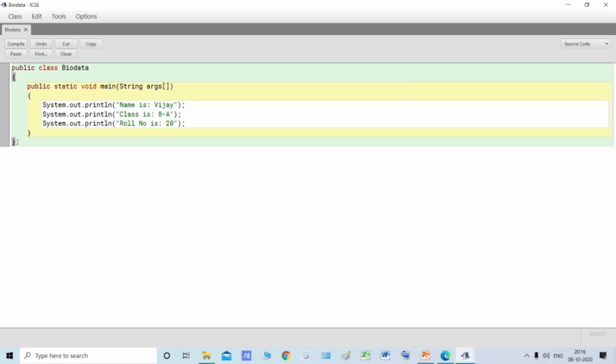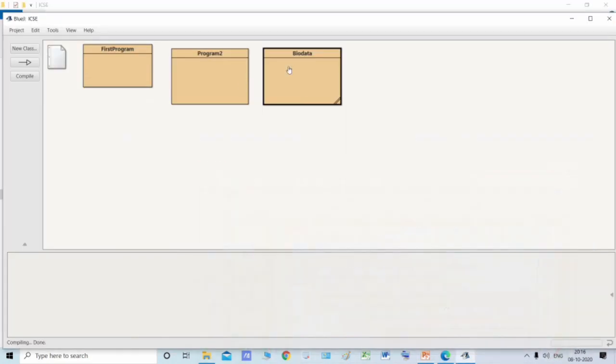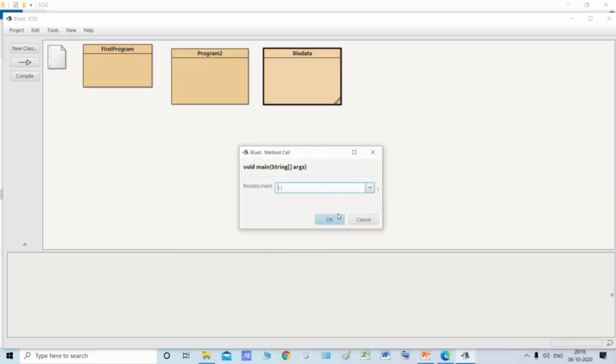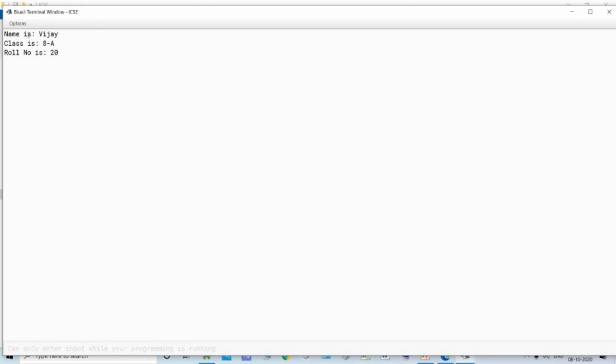Now we just need to close the main method and close the class. This is the corresponding brace for closing, this is for closing the main method, and this is for opening the main method, and closing the class. So now the program is done. Let's compile this. I have compiled it. No syntax errors. Just close this and let's take the output of this biodata, and you can see this is my output, which is correct according to the given question.